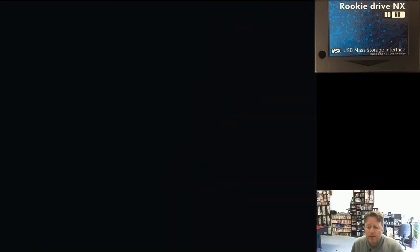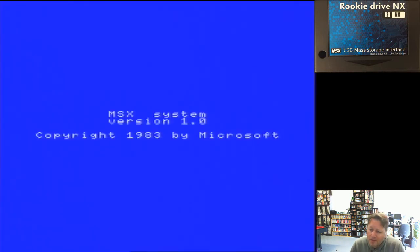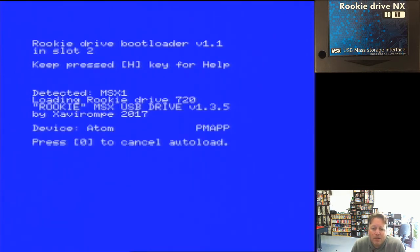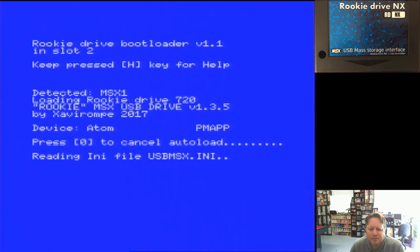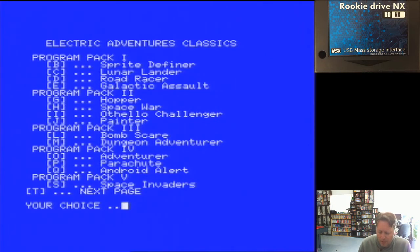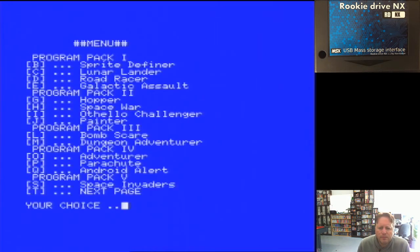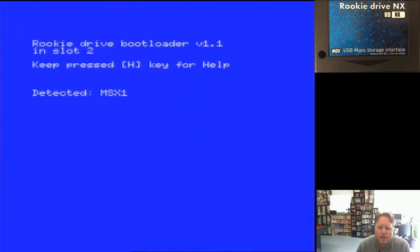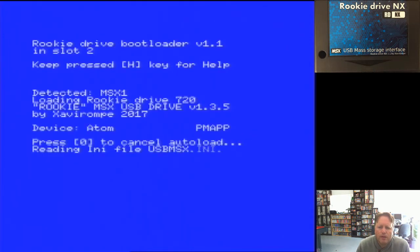Right, here we go with the rookie drive in my 738 Express. And as I'm doing this, I realised I have a 728 I could have done this with as well. So, if this doesn't work, we might try that. So this is loading the early years one as well, so that works fine. So we'll just reset again. It remembers the last disk you load and then automatically loads it. So if we just press 0 here,